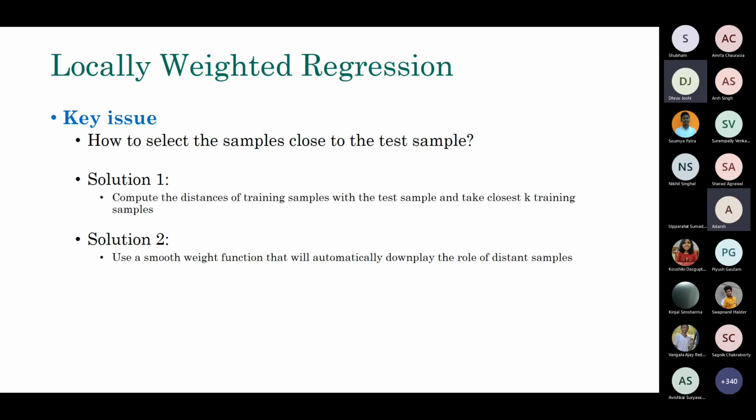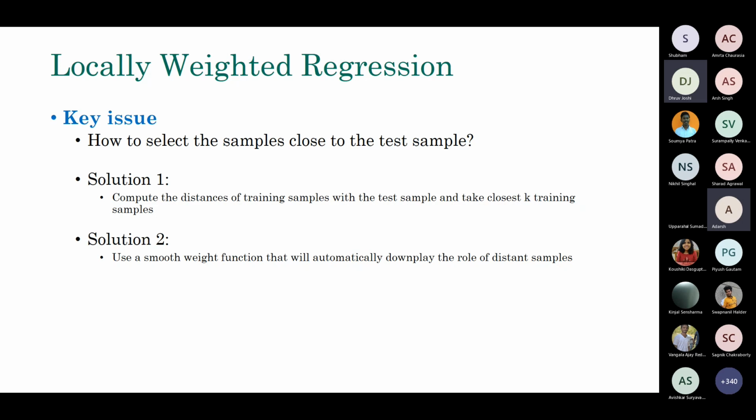One obvious difficulty for solution 1 is setting the appropriate value of k, which is very tricky. It depends on the sample and changes from one sample to another. That's the first problem. And the second problem, I would say more critical, that somebody mentioned, is that when you put a hard limit on k, say 10 or 20, even a training sample which is far apart from the test sample may get included into your training data set for parameter estimation.